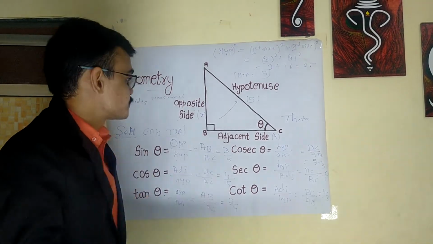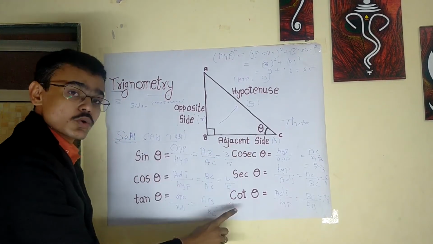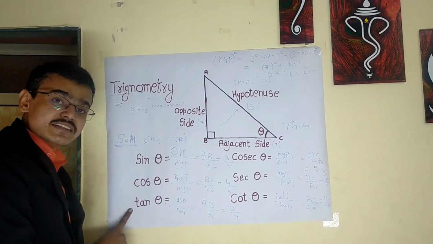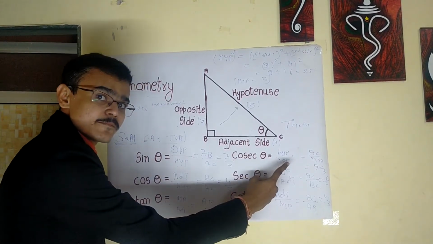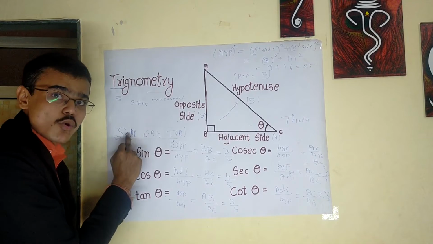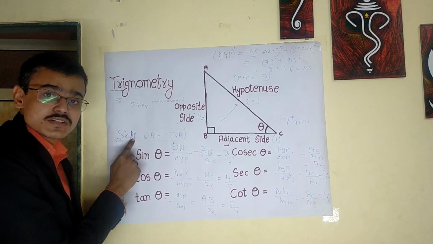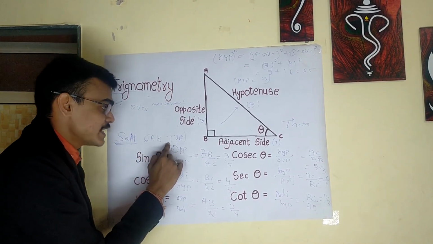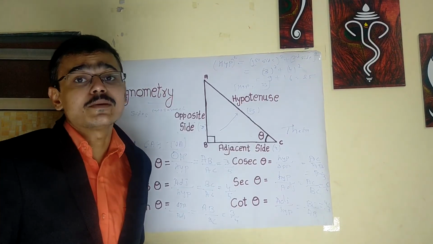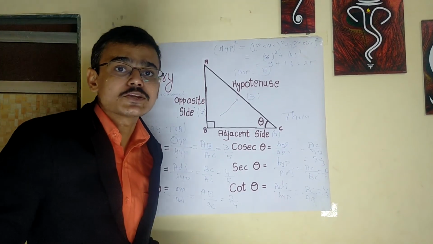Let's have one quick revision. This is a right angle triangle. We name this angle theta, and we have the 6 ratios. Sin theta, cos theta and tan theta, and the other three ratios are the reciprocals of these. We remember these formulas by using SOH CAH TOA: sin is opposite upon hypotenuse, cos is adjacent upon hypotenuse, and tan is opposite upon adjacent side. So these are the 6 trigonometric ratios, and by using them we will work on some numericals in the next exercise. Thank you guys.